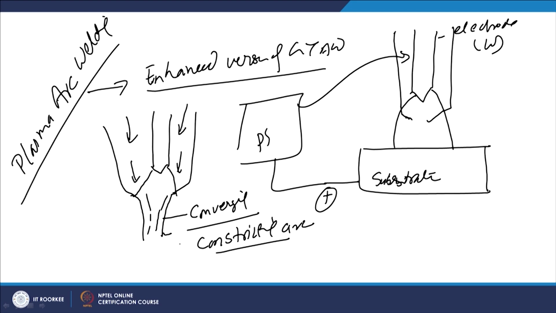The arc is there initially between the electrode and the nozzle, and the plasma forming gas is passed through the arc, which will lead to the formation of the plasma. Plasma is forced to pass through the nozzle of the smaller diameter, that will cause the constriction of the arc, and then this plasma will be impacting with the surface of the substrate. So this is how the plasma will lead to the transfer of the heat from the arc zone to the substrate. Now as per the case, there are two variants which are used in the plasma welding.